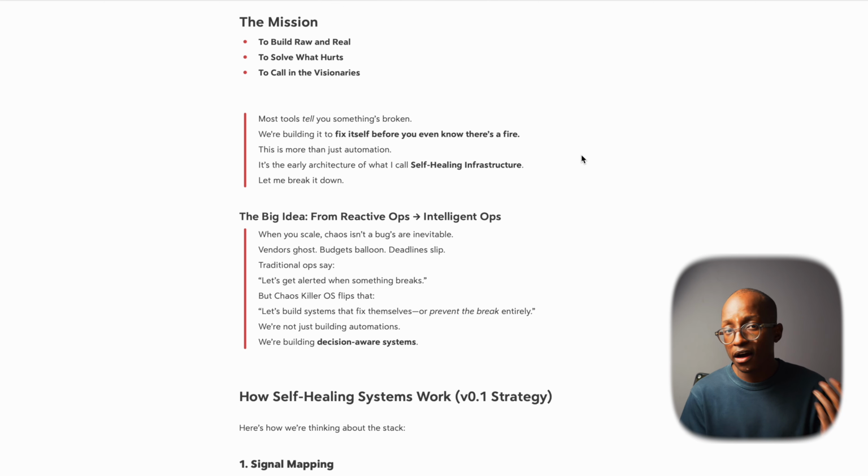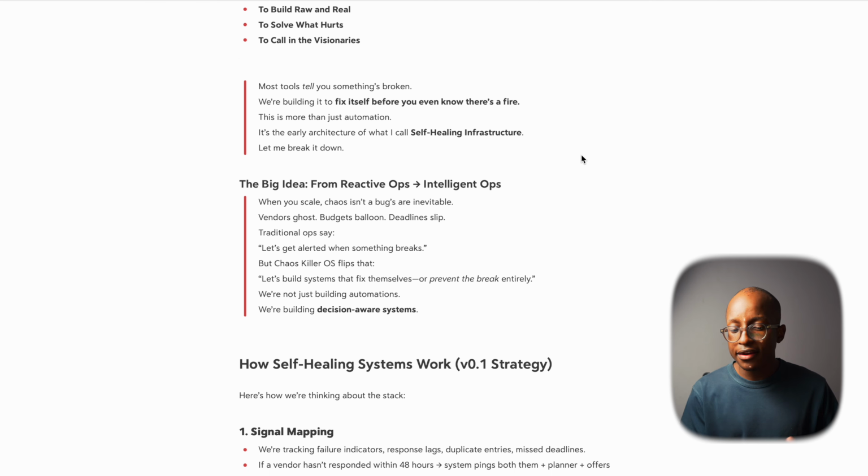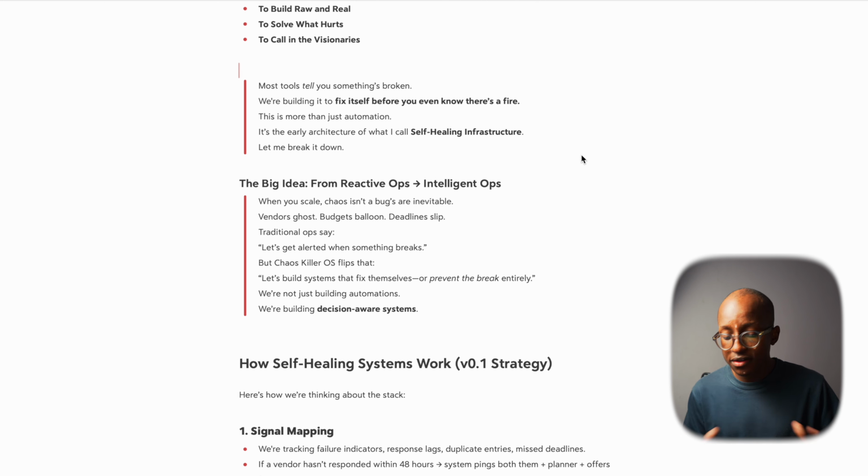And then saying, hey, how these self-healing systems would work, and how we're actively thinking about implementing the stack would basically be, number one, signal mapping, where we're tracking failure indicators, basically understanding what are the key indicators that are going to tell us that, hey, XYZ is failing, and then just having that unlocked. So we're going to stage it out and say, hey, we need to make sure that we're building our internal systems to understand that failure is going to hit at this point based on historical data,